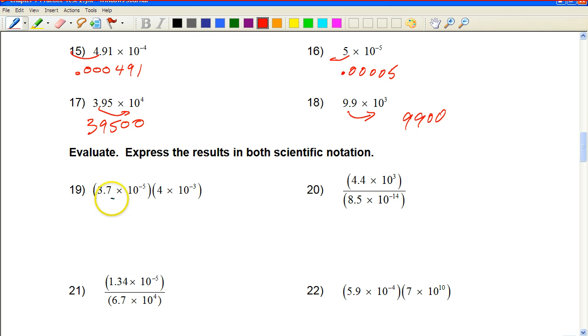To do this, we're going to do these 2 times each other, and then those 2 times each other. So 3.7 times 4 times 4 is going to be 14.8 times 10 to the negative 5. We're multiplying like bases, so we add the exponents. So we're going to do negative 5 plus negative 3. It's going to be negative 8, but then we need to move this over there, so it's between 1 and